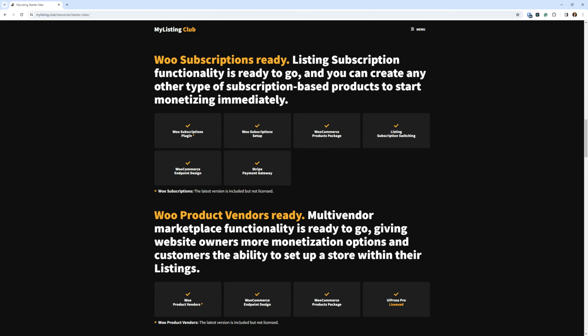WooCommerce subscriptions ready. Listing subscription functionality is ready to go right out of the box. And you can create any type of subscription-based products to start monetizing immediately. So like I said, listing subscriptions are ready to go, whether they want to upgrade or downgrade their plan, that's already configured. Now, if you, the website owner, want to sell subscriptions for products that have nothing to do with MyListing, it's just whatever